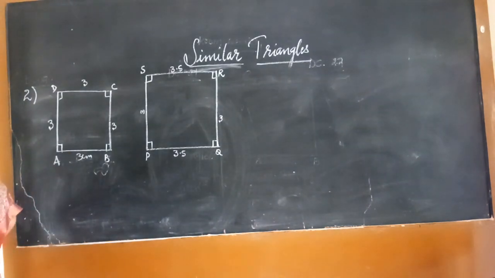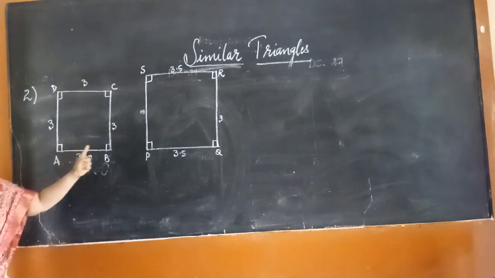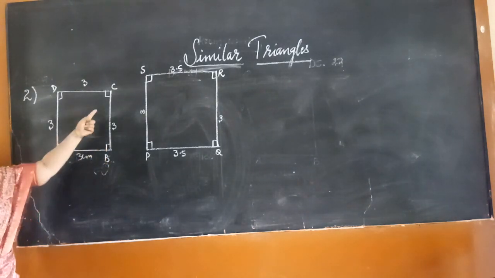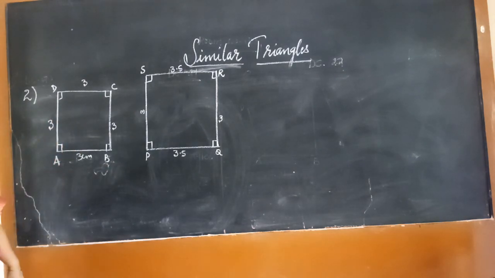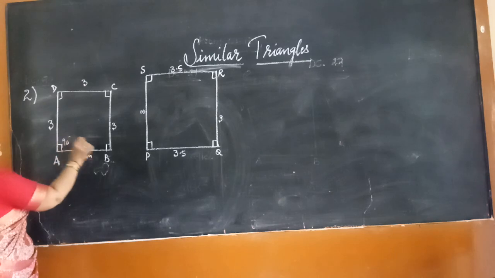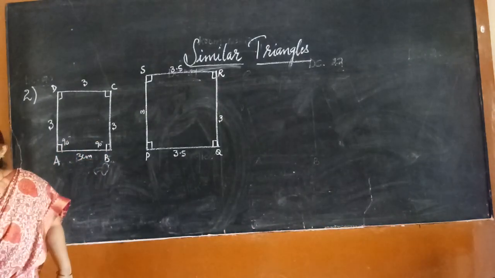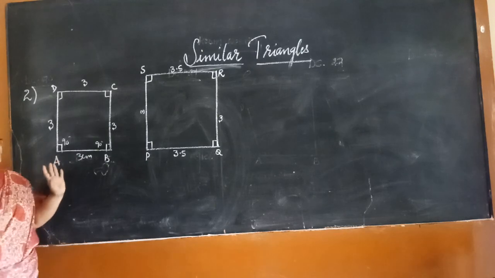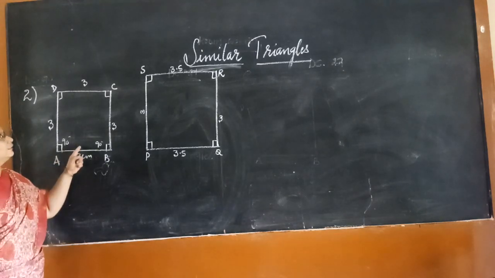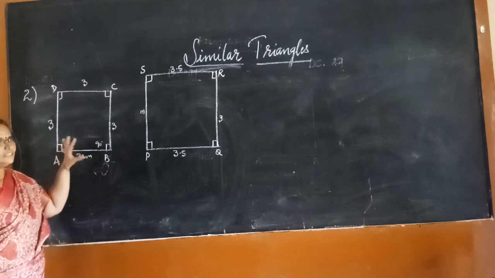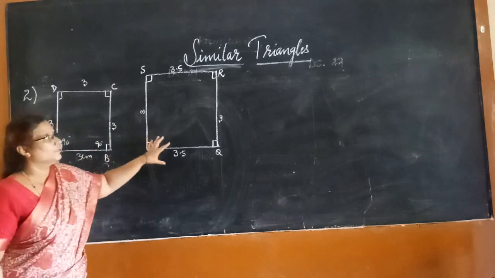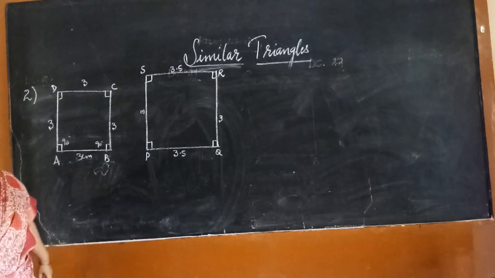Another example we shall consider. Here there are two squares. It is not a square, I am sorry. There are two quadrilaterals ABCD and PQRS. One thing you can notice is that I have represented a perpendicular sign for each angle. If I represent this perpendicular sign, it means these angles are equal to 90 degrees. Don't immediately come to the conclusion that it is a square. In a square, all angles are equal and all sides are equal. In the first figure, it is a square. But in the second figure, it is not a square, it is a rectangle.